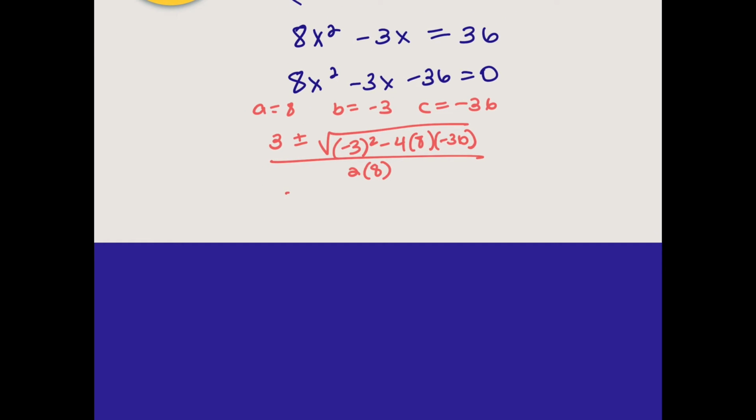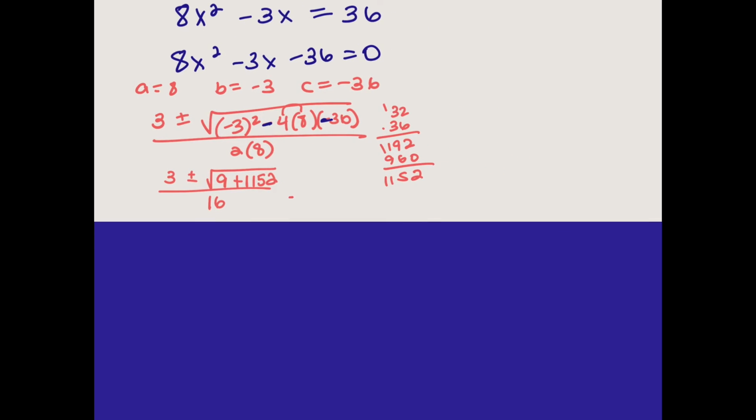Work on my exponent. 3 plus and minus the square root of 9. 4 times 8 is 32, and then 32 times 36 is 1,152. There's a negative and another negative, so this becomes plus. And all of that goes over 16. So now I get 3 plus and minus the square root of